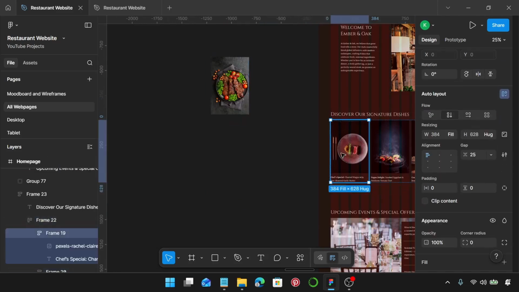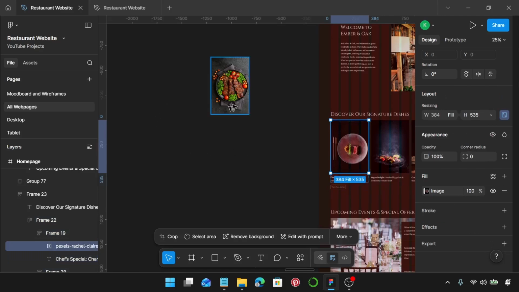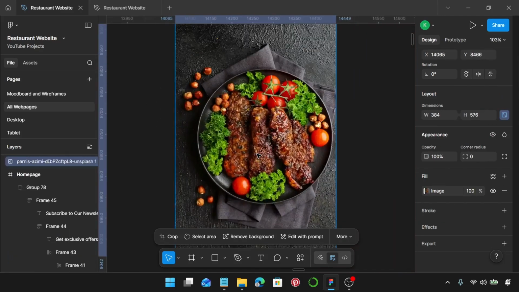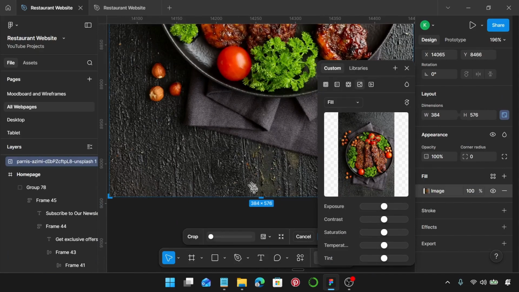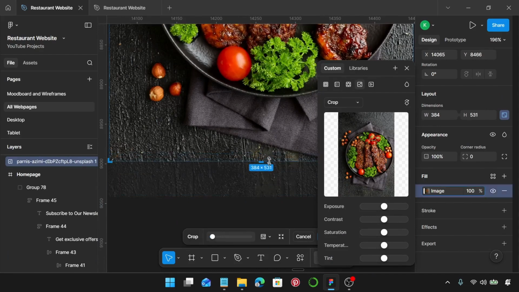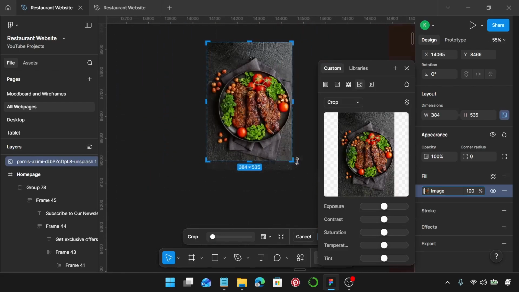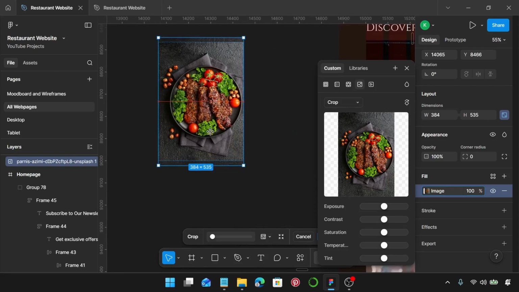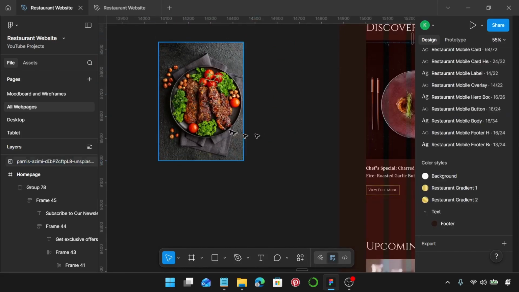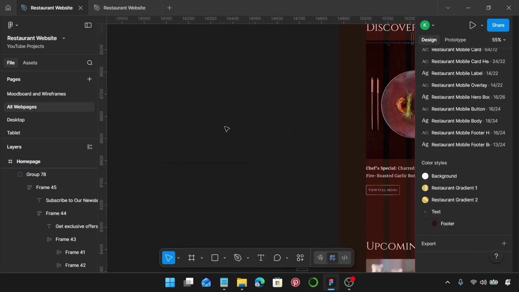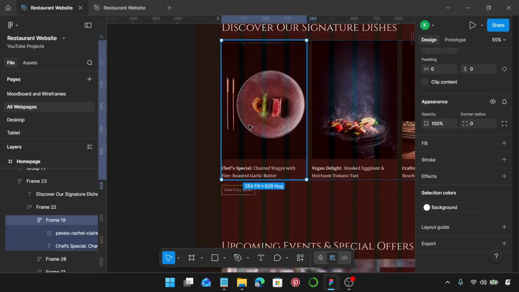Yes, 384 by 535. So I'm just going to get closer, reduce this to 535, and maybe I could just move it up to center the image,